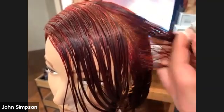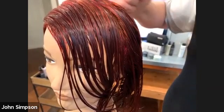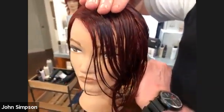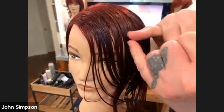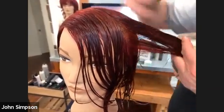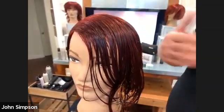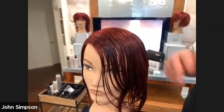you'll see more, is that we use two of the direct colors, almost like in a zigzag formation. So the top and the very underneath has the red of the direct colors. And in the middle, we mix the red and the yellow together to get an orangey tone. So as this dries, you'll see a lot of red and orangey shades coming out of there on the red base. So it's a unique way of using the directs as toners, but it really